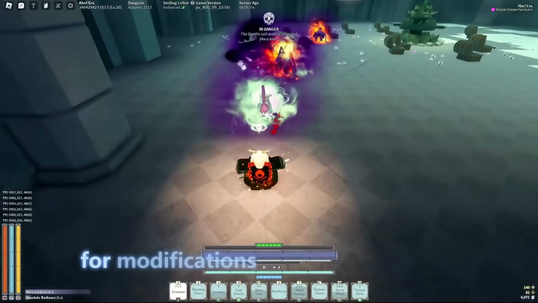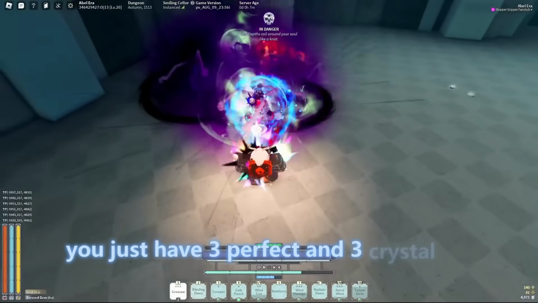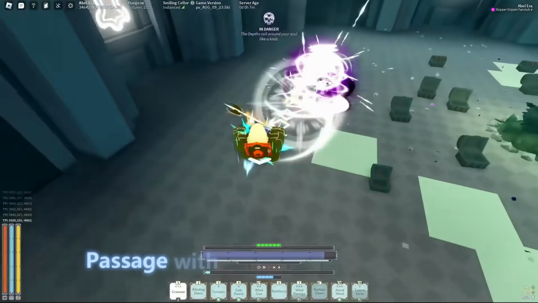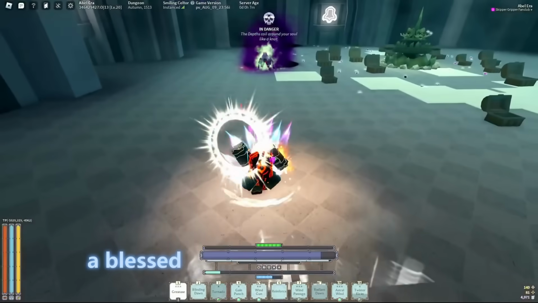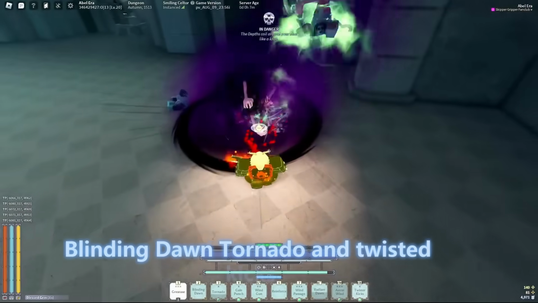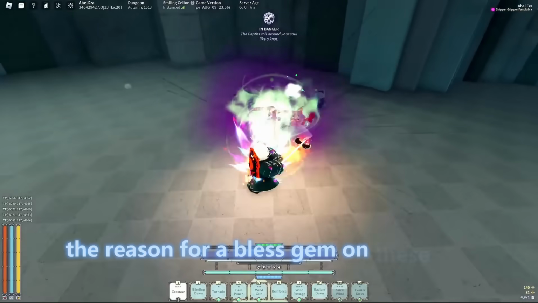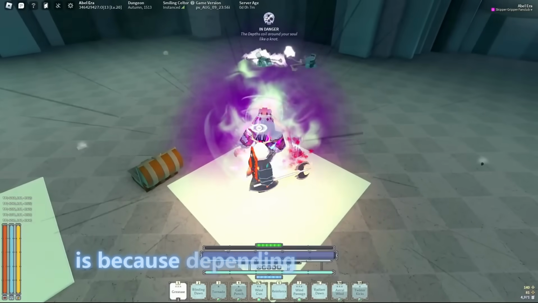For modifications on any mantras, you just have 3 perfect and 3 crystal lenses on Wind Passage with no other modifiers, a Blessed Gem on Radiant Dawn, Blinding Dawn, Tornado, and Twisted Kicks, and then put a blue gem on everything else. The reason for a Blessed Gem on these 4 mantras is because depending on the wave, you'll end